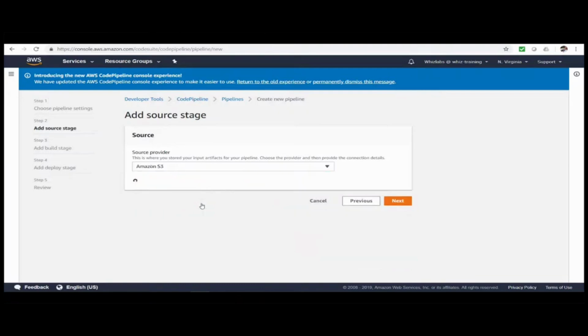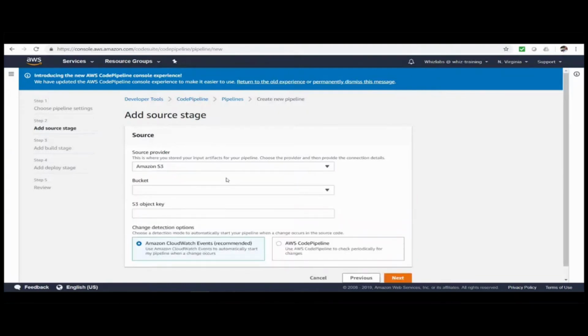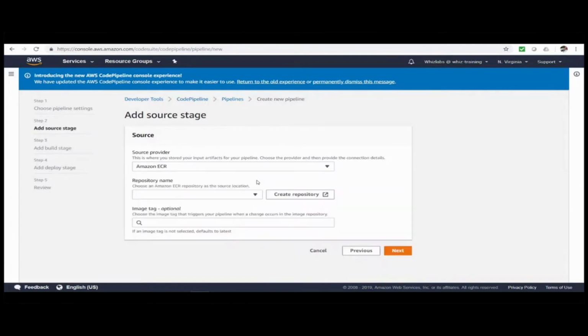You can also choose S3 as input source, where you need to upload the source code and provide the key in here. And with S3, CodePipeline can detect changes via CloudWatch events or CodePipeline polling to start the pipeline. You can also use Amazon ECR repository as a source stage. Well, Amazon ECR supports private Docker repositories with resource-based permissions using IAM so that specific users or EC2 instances can